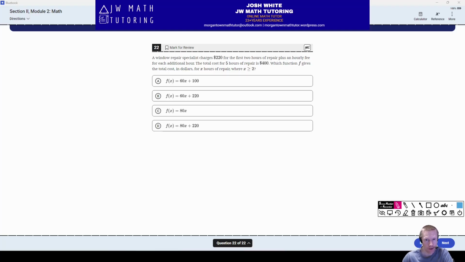Theoretical way basically says, okay, it's $400 for a 5-hour repair. So the first 2 hours cost $220. So subtract that off. The remaining 3 hours therefore cost $180 total. Divide that by 3. That tells you the per hour cost after the first 2 hours is $60 per hour. Okay? So the way you're going to set up the equation, i.e. the function, is